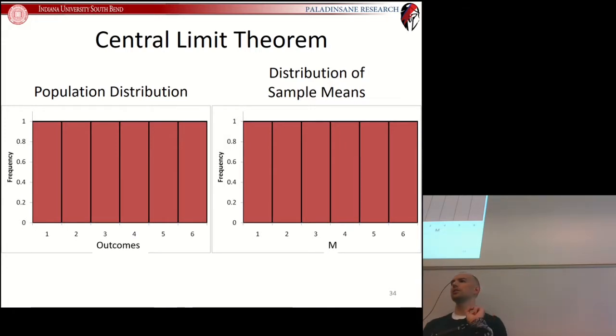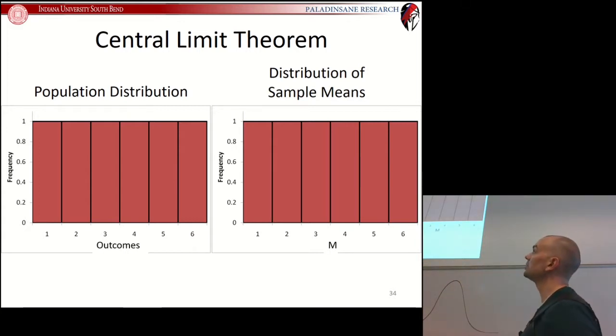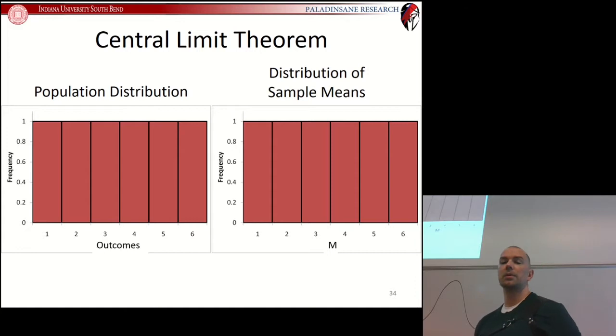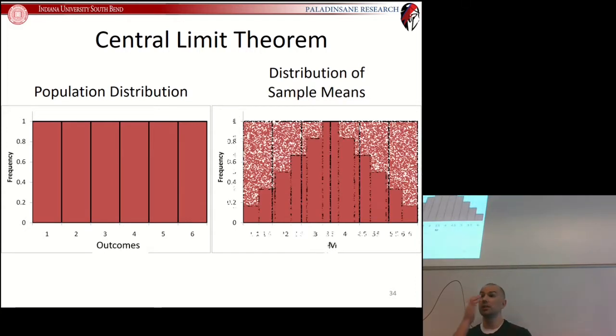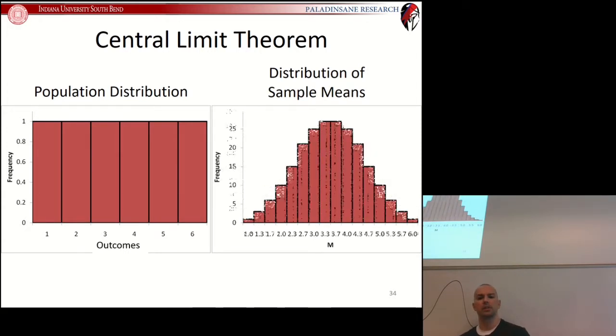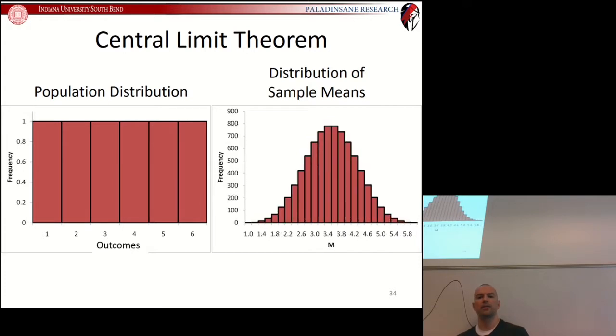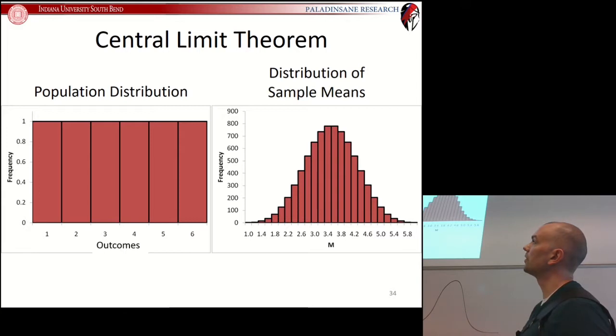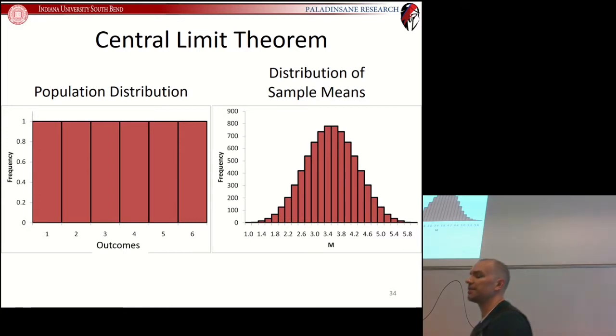And as we recall, this is the only time that your distribution of sample means is going to be the same as the population distribution, because this is a collection of individuals, this is a collection of individuals. But as soon as we go to a sample size of 2, the distribution of sample means changes its shape. Sample size of 3, sample size of 4, sample size of 5. And we can see that with this population distribution over here, once we get to a sample size of 5, we're already looking at a pretty normally distributed